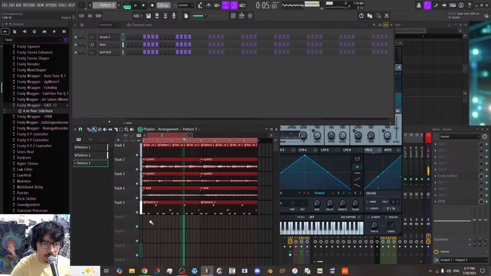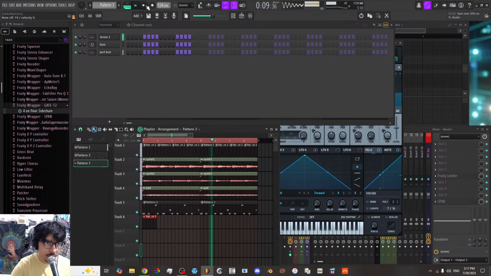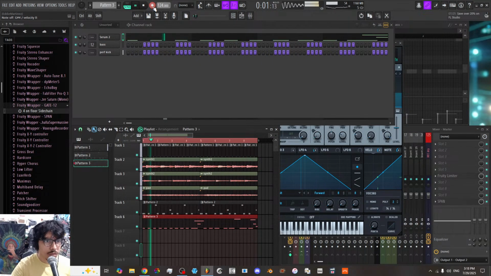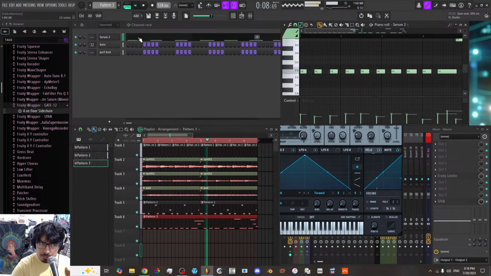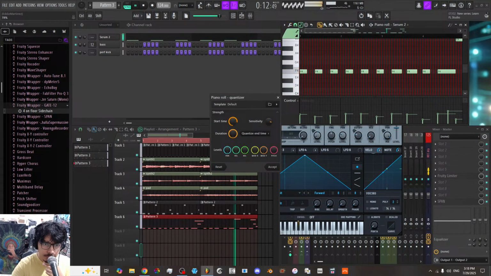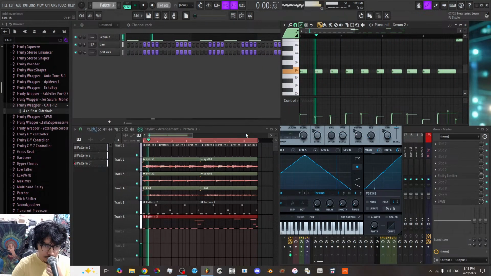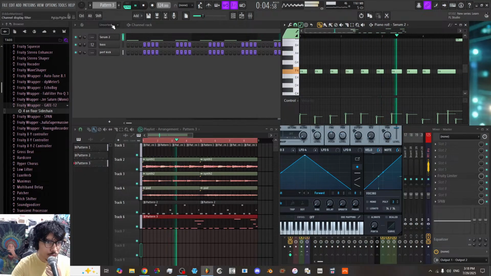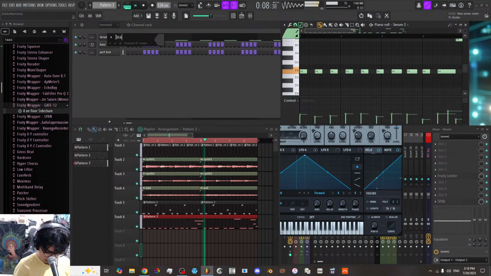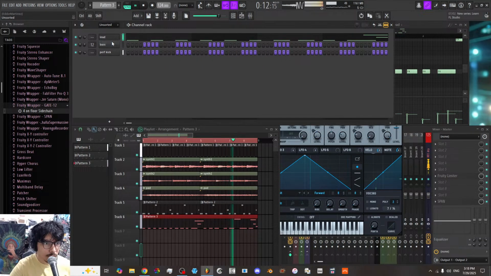Make a new pattern. Get some more drums in there.